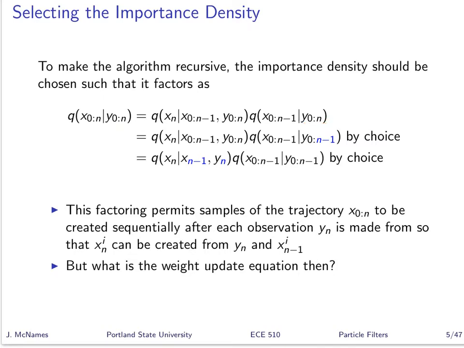And yet, when you look in the articles and you look in the books without comment, they factor it this way. And if you look at it carefully, one of the differences is that they have an n minus 1 instead of an n. And like, well, where did the measurement at time n go? I mean, it was there. It's right there. How come it's not over here? You know, suddenly it's n minus 1. And the answer is that